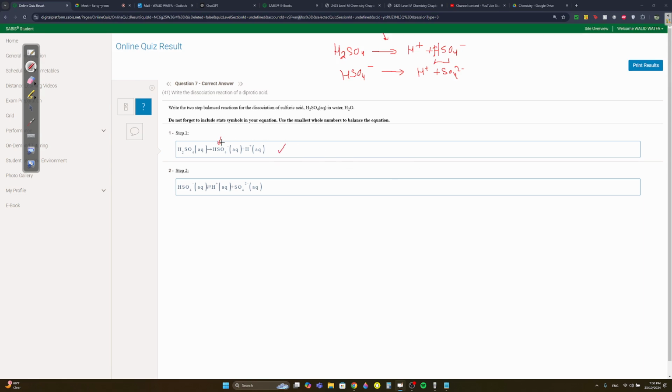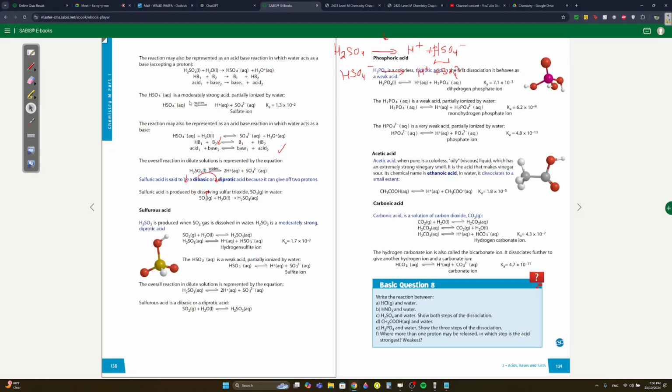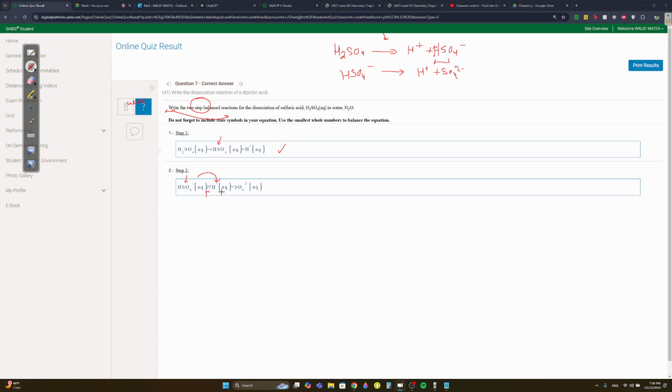The second step, you take the compound here, HSO4 minus. They're all aqueous, by the way, because we're talking about ions. Then you just take an H plus out. But this one is a partial dissociation. Why is it partial? I think they explained it in the book. When you dissociate first, you're now left with HSO4 minus, which is a weak acid. Since it's weak, its dissociation will have a double arrow. So the second dissociation is weak, it's going to have a double arrow, and it takes H plus out, and what you're left with is